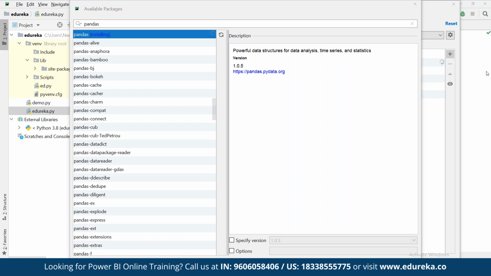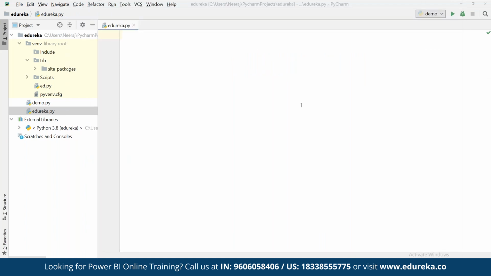So now we can start importing the Pandas library here, and then we can start working on top of it. Currently we are going to create a simple data frame by using Python. So we can import the library here first. Here we can define import pandas as pd,